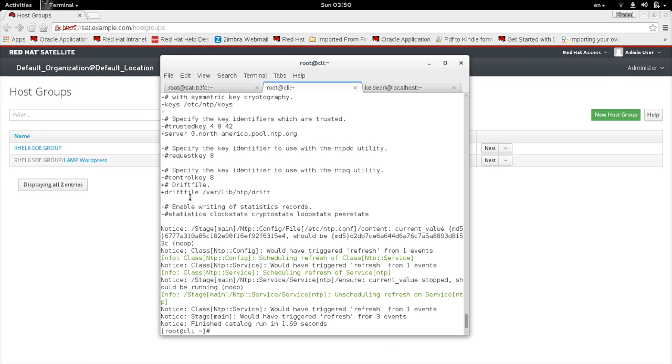There is a difference between the old file and the expected configuration. So I run the same command without no-op,